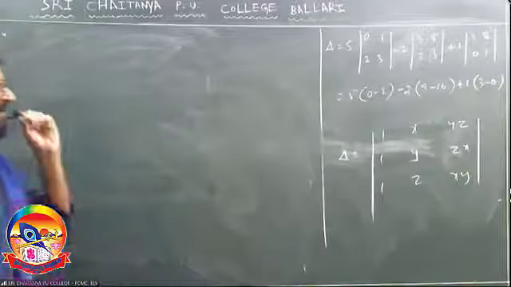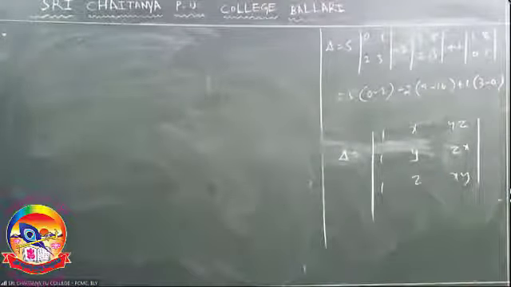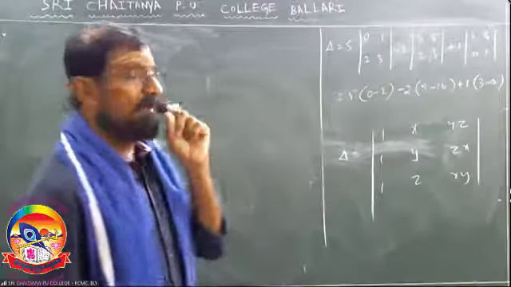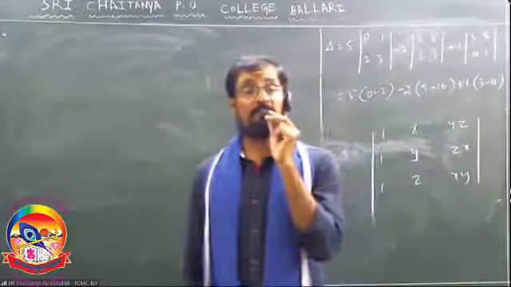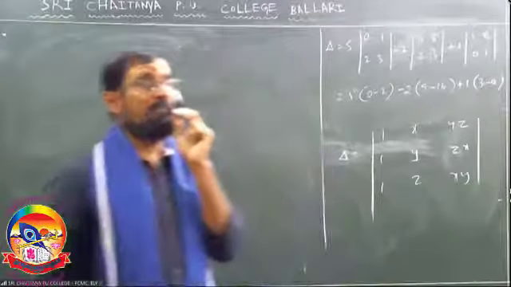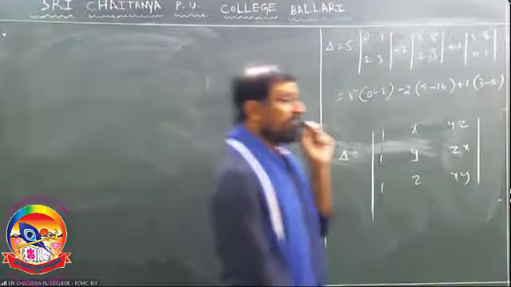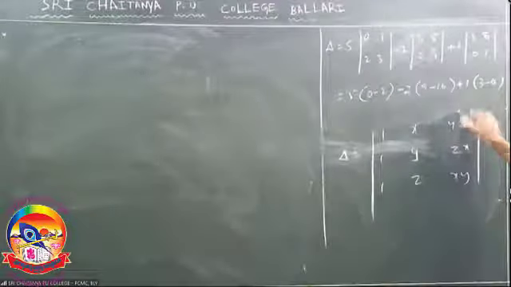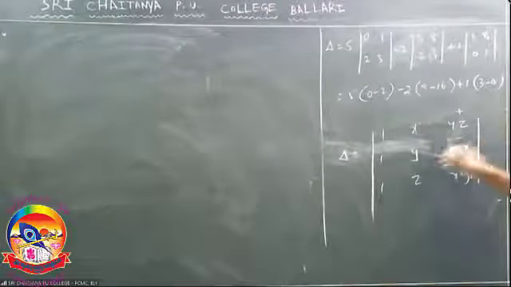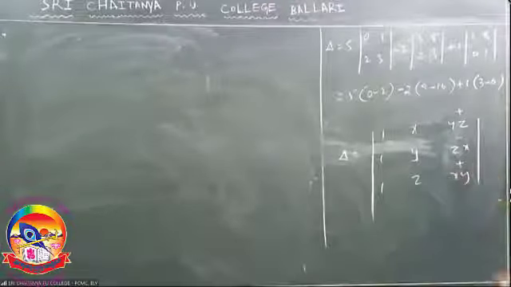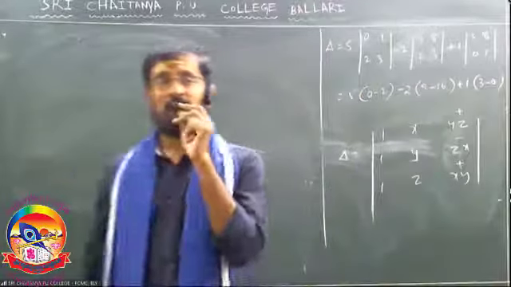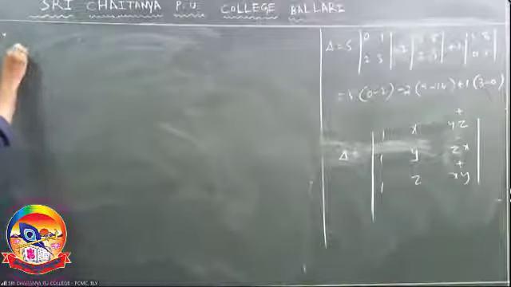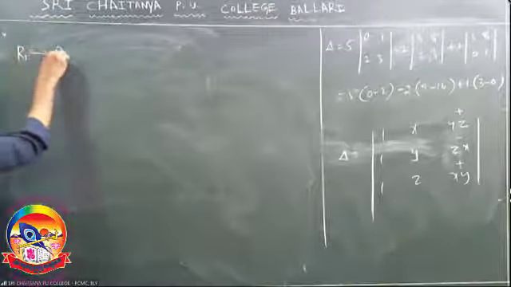Observe. First of all, he asked you to evaluate the determinant of the given matrix by using the third column. So first of all, I am going to simplify that. If you want to find it directly, it becomes very lengthy. Why, sir? Observe, this is positive, this is negative, this is positive: yz into this entire, again minus zx into this entire. So it becomes very lengthy. If you multiply, you should get the factors and all those things, right? So better to simplify earlier. How? Observe. First of all, R1 changes to R1 minus R2, right?